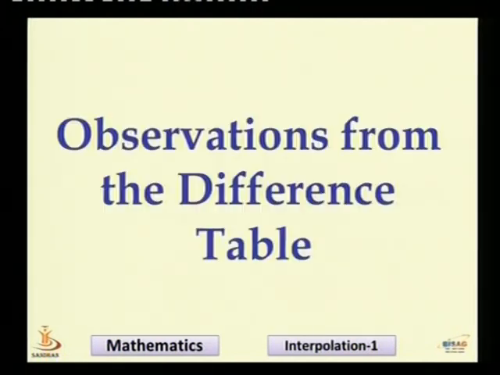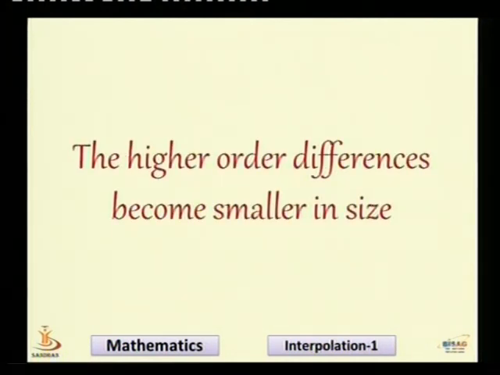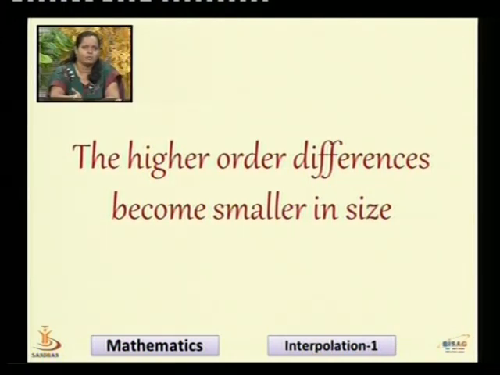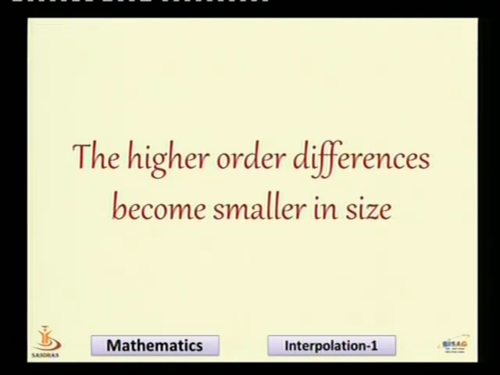Next, some observations from the difference table. Actually, we can see from the table that whether we are evaluating delta or nebla, the same thing follows. If we are evaluating the first order differences and we have 5 tabular points, the first order delta or nebla will be calculated for 4 points. Delta square or nebla square will be evaluated for 3 points. Delta cube or nebla cube will be evaluated for 2 points.